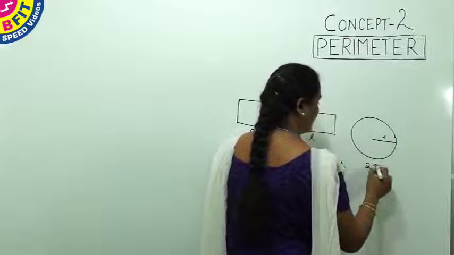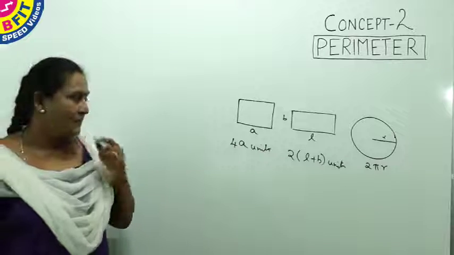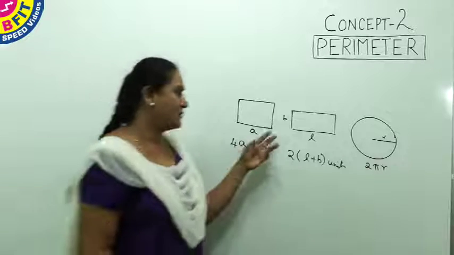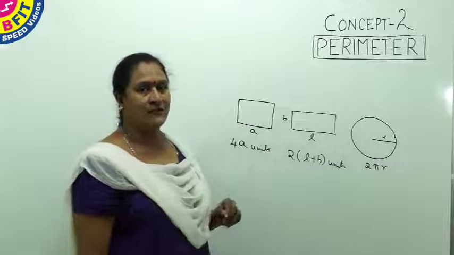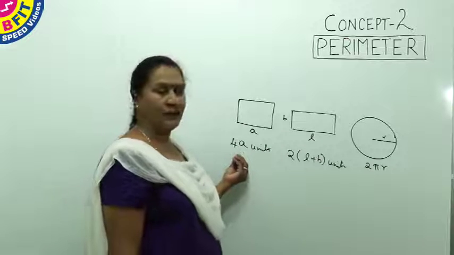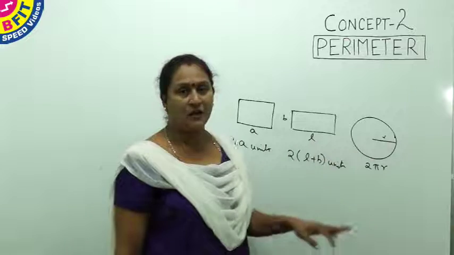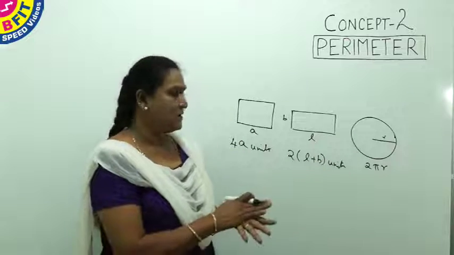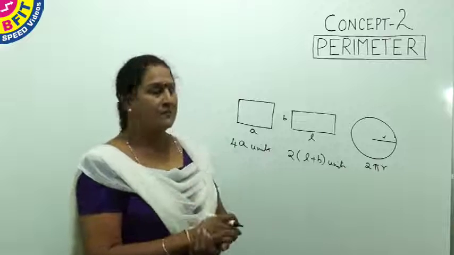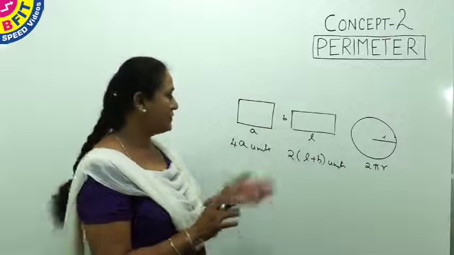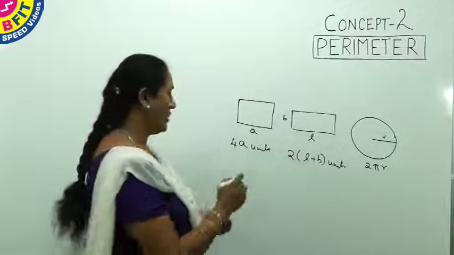So circumference is 2 pi r. And now they may ask what is the length of a fence of a rectangular field or a square field. So just find 4a or 2 into (L plus b). If it is a circle, find 2 pi r, you get the whole length. So sometimes they ask what will be the cost to fence the rectangular field or a square field or a circular field. To find the total cost,